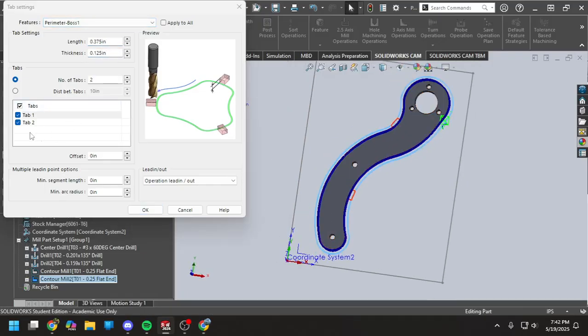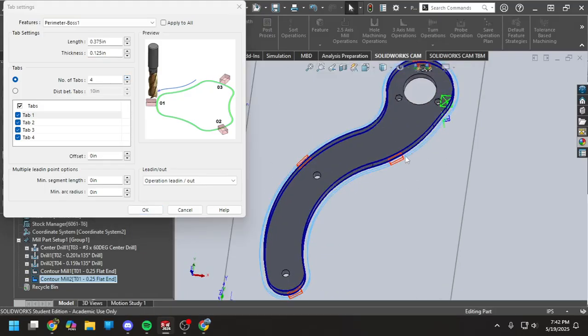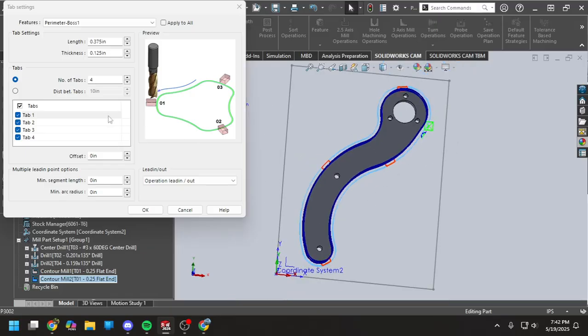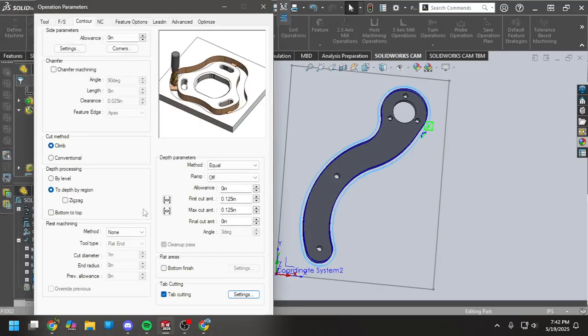Next, we're going to define how many we want, and we can kind of just increase that till it looks good. This looks good. We have 4 tabs holding it in good places. You could increase it to 5 if you'd like, but I like how this is holding it pretty much on every edge. You can kind of mess with thickness, see what looks good to you. I like the 3/8, that looks fine. We can hit OK,